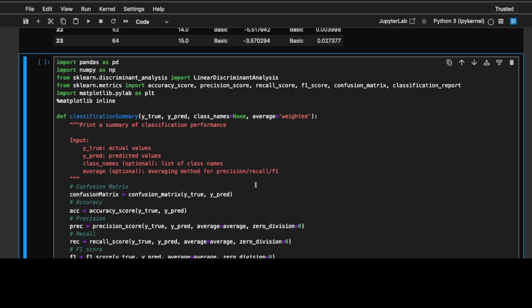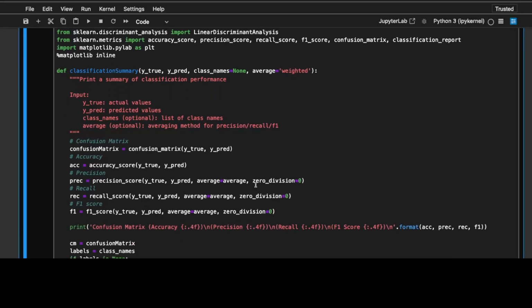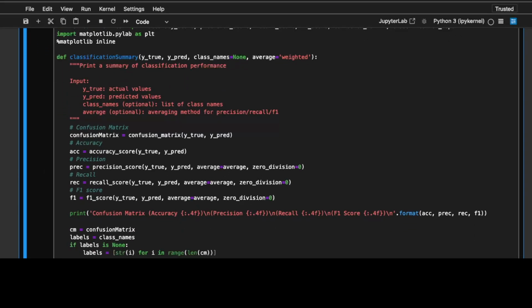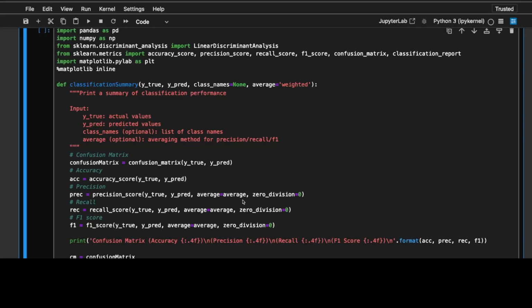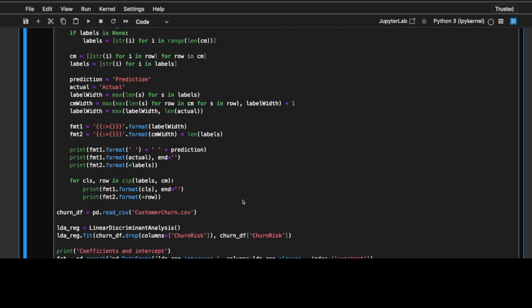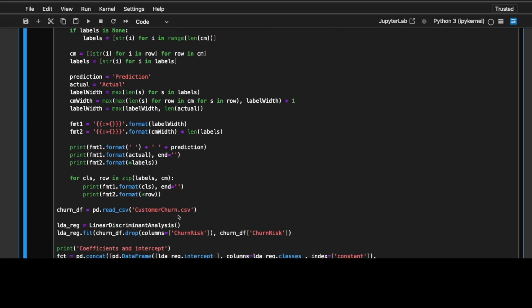The target variable churn risk will have more numbers than just 2, and we are looking at how risky it is for this particular customer to churn. We are using the same linear discriminant analysis workflow that we used earlier. It applies seamlessly. We load the data, so in this case customer churn.csv data,